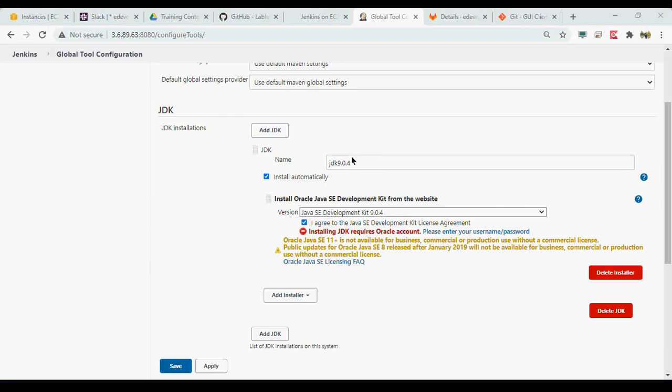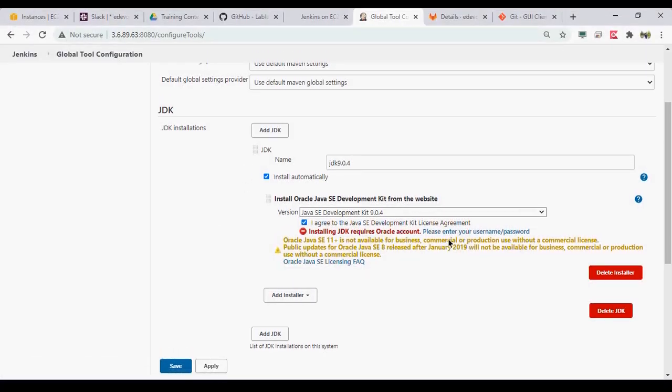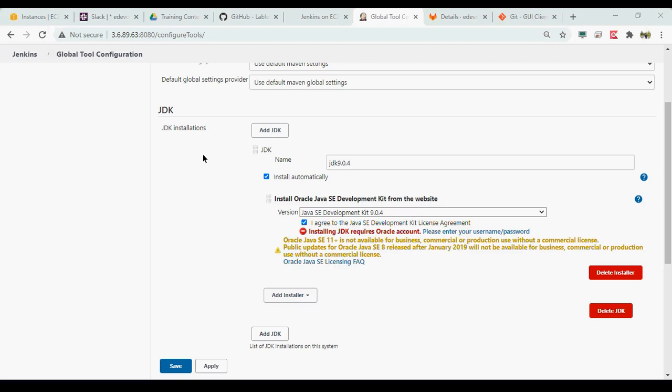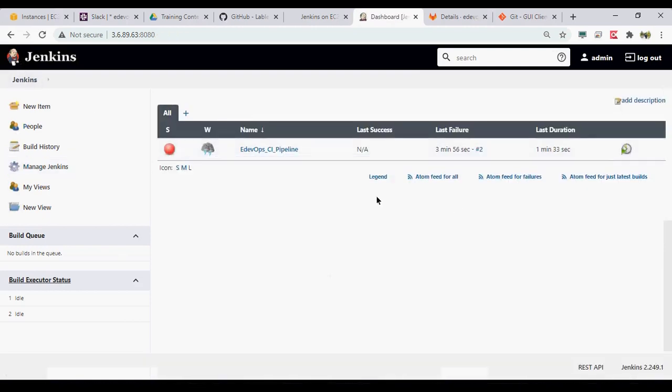Let me add my official credentials. Okay, now I have entered my credentials. Let's see if it downloads the JDK.